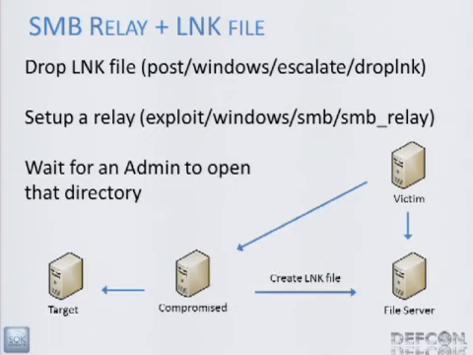So now this is an awesome, relatively new technique of dropping an LNK file. It turns out that LNK files are sort of like a symlink in the Unix world, but they can have an icon, and that icon can be a UNC path, like most paths in Windows can be a UNC path. So we drop an LNK file on some file server that we have access to with an icon that points back to our server. So now some victim opens up that share. The share has this icon. The icon is a link to our thing, so it tries NTLM authentication to our box. And so once we do that, then we can own all the things.